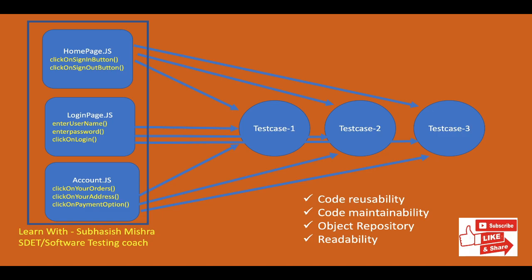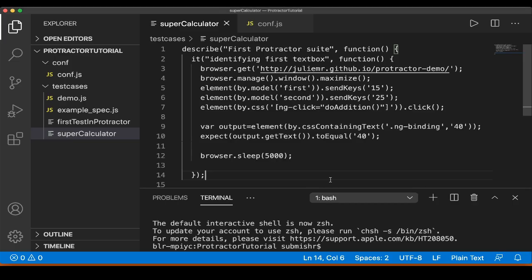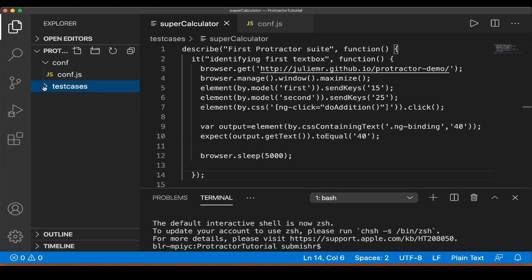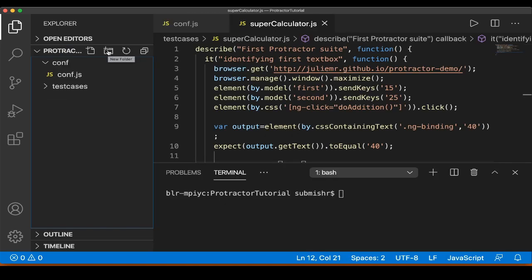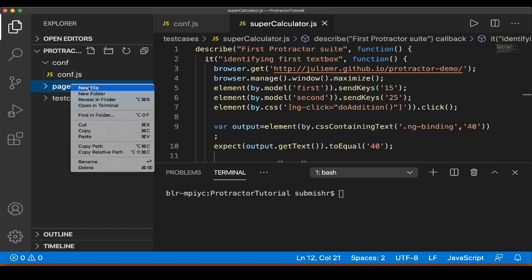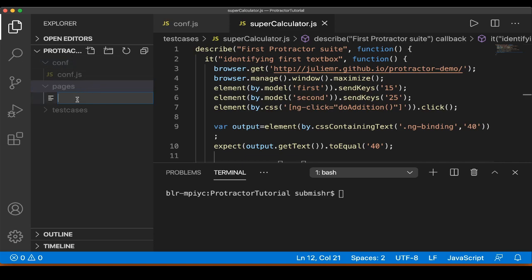Let's go to our Visual Studio Code. Earlier we had two folders, one is conf and one is test cases. We have a super calculator test case which we have written previously. We'll convert this test case to the page object model. So let's create a new folder and we'll name it as pages, and inside pages we'll create a new file and we'll name it as